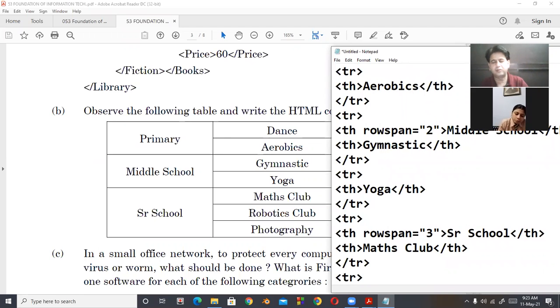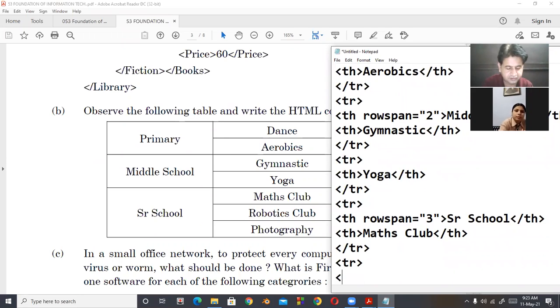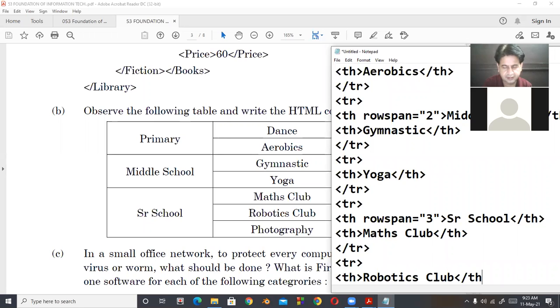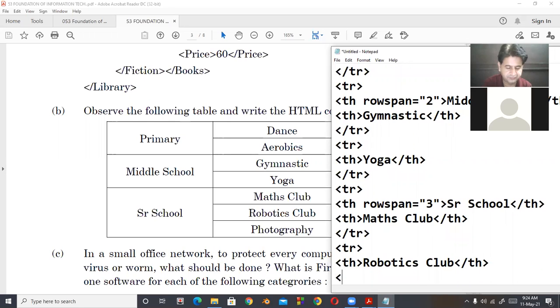In this row there is only one TH, that is robotics club, TH closed and row also closed.